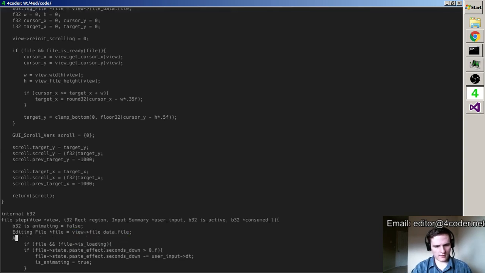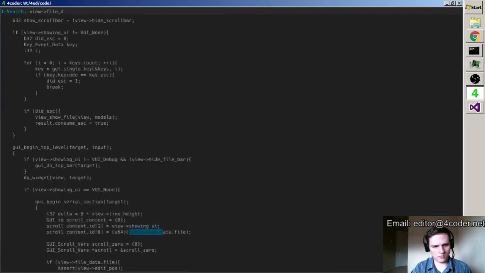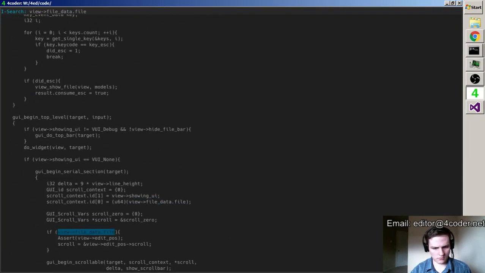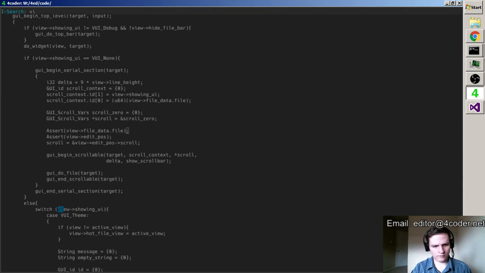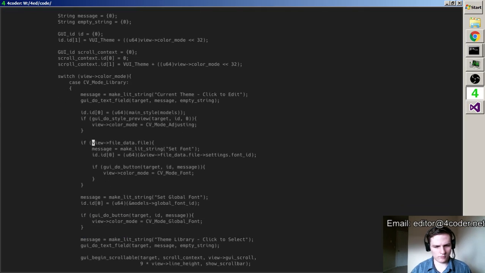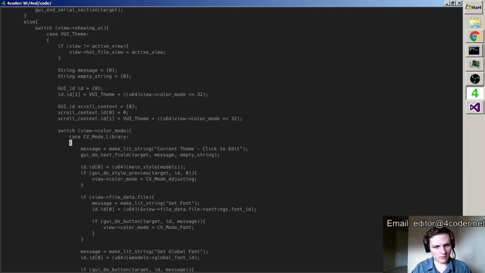Like this one right here, I think this can just be an assert file does not equal 0. And man, there's a lot of these. Am I sure? Am I sure file data.file can't be 0?